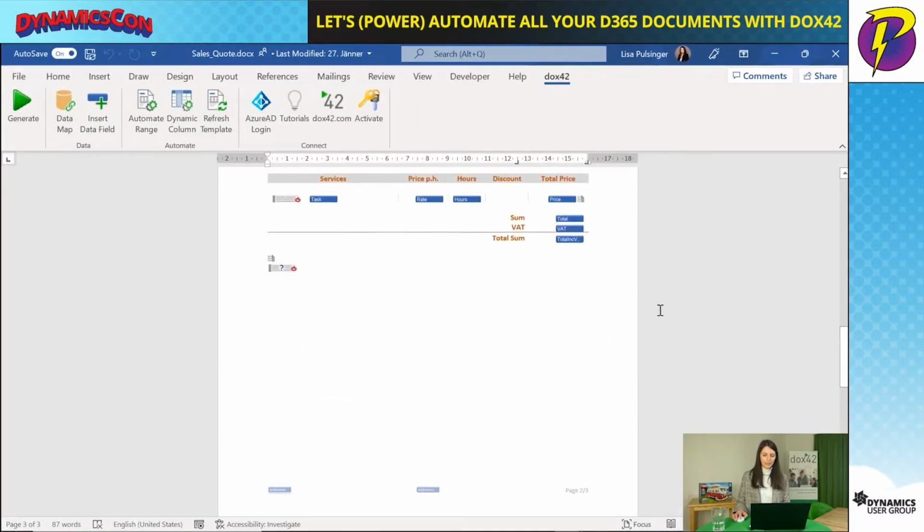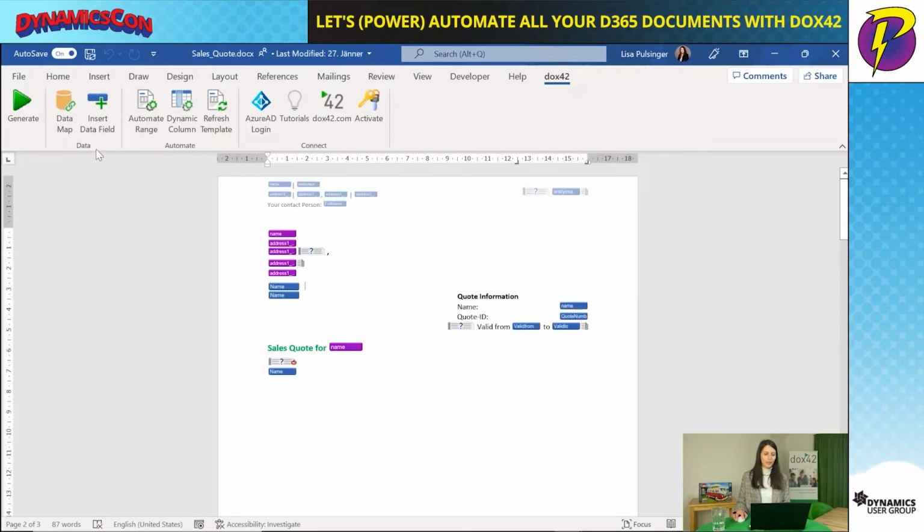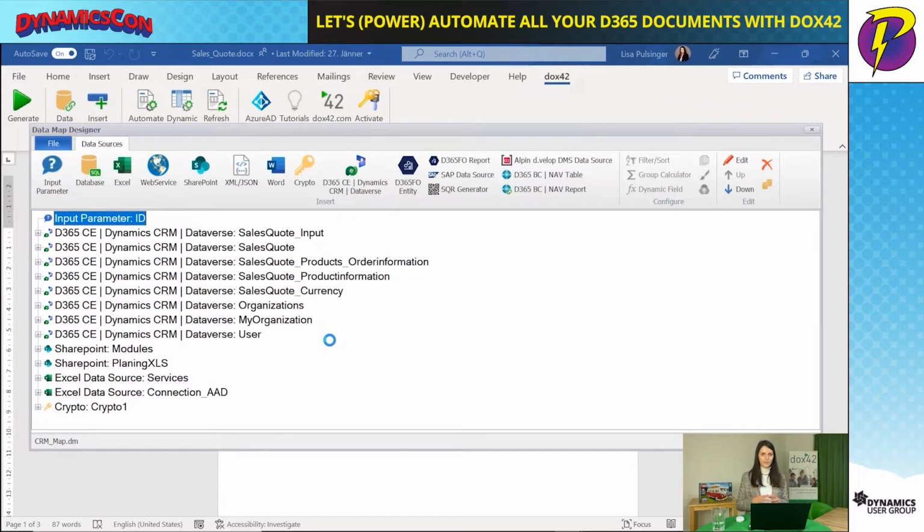And importantly, where does the data actually come from? You do that within the data map designer, where you connect to your data sources. And today we're going to show you mostly Dynamics CE and Dataverse and SharePoint. However, you have many more data sources you can use with dox42. Like you could also connect databases, Excel data sources, web service, XML, JSON, you could have D365 FO, BC, SAP, DevOps, and so on. To find out more about that, please contact us on